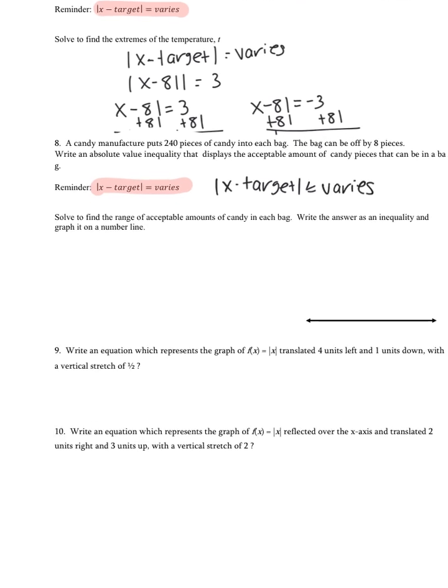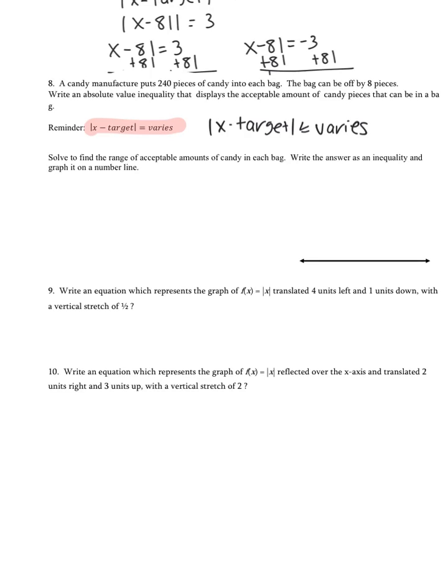Okay, the next question: a candy manufacturer puts 240 pieces of candy into each bag. So that's an important piece of information. The bag can be off by 8 pieces. So it's just given me my 240 is my target, and then my 8 pieces is my varies. So using this formula,